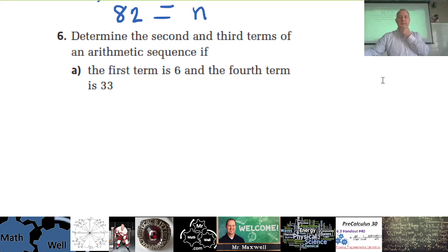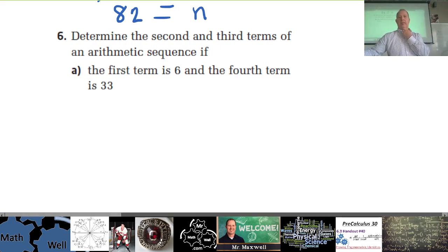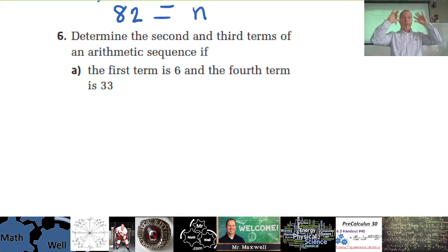It says determine the second and third terms of an arithmetic sequence if. So this is just getting you to look at the same kind of thing from different perspectives, so you fully understand. If you know something really well, you know it inside and out, forwards and backwards. If you can understand this, you'll be able to answer questions that are slightly different but about the same sort of thing. So this one says, give me the second and third terms if you're given the first term